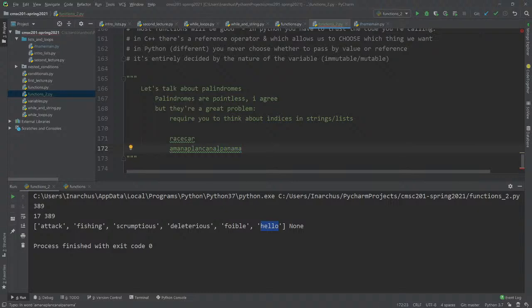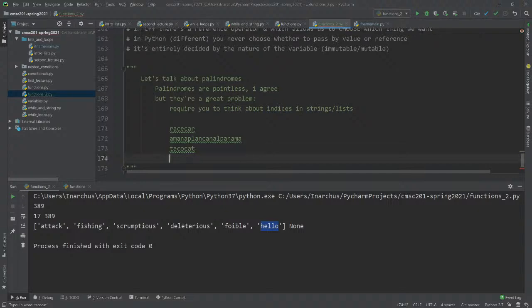I think that is a palindrome. Yeah, Taco Cat. That's one that I used in my lecture notes. Whatever is spelled forwards and backwards, and generally you ignore spaces.